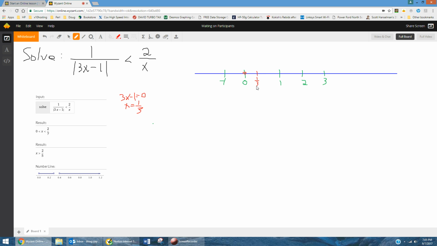So the way I would think about it is that the number 0 and the number 1/3 can divide the number line into 3 parts: to the left of 0, between 0 and 1/3, and to the right of 1/3. And what I'd like to do is see what kind of numbers I can get that solve this in each interval. For example, to the left of 0, when x is less than 0,